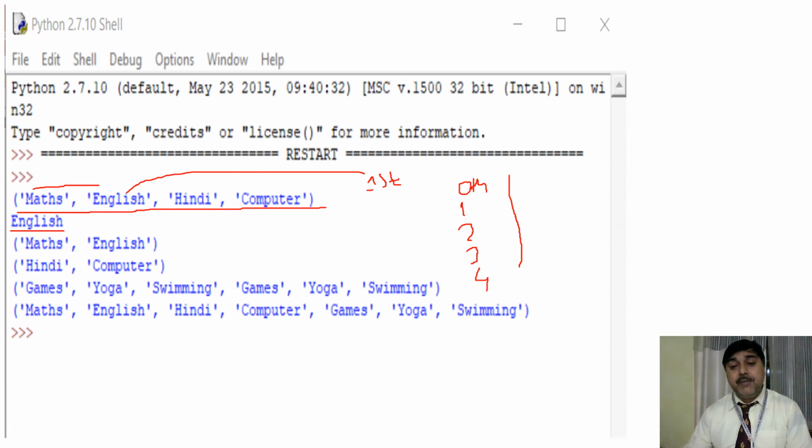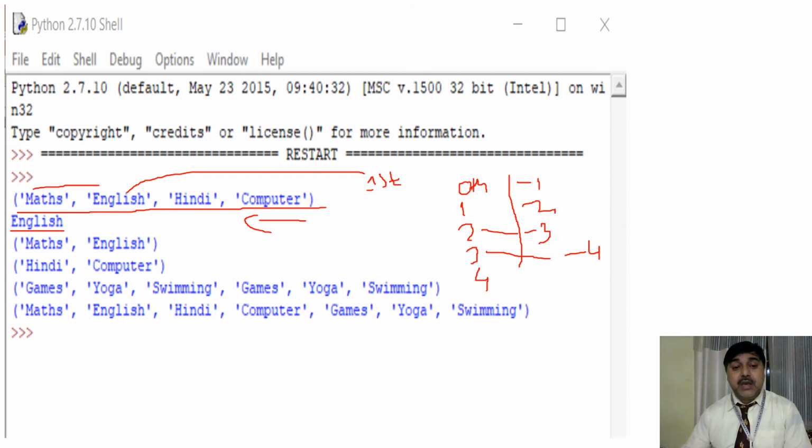But if you start from the back, then this will be minus 1, this will be minus 2, this will be minus 3, this one will be minus 4. So in this way you can find that the address can be given from the reverse side, from the back side, both sides.